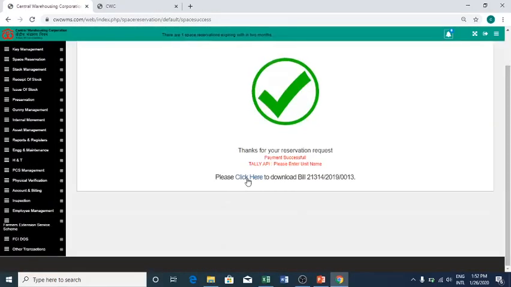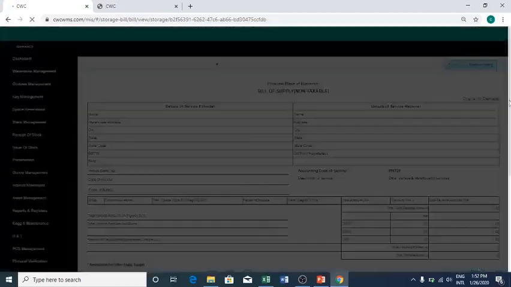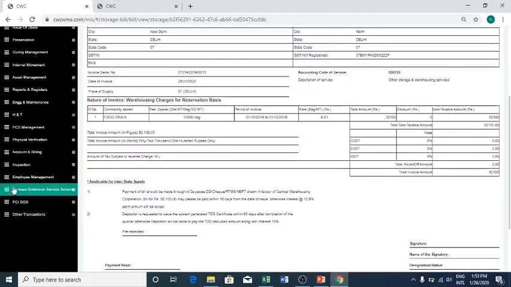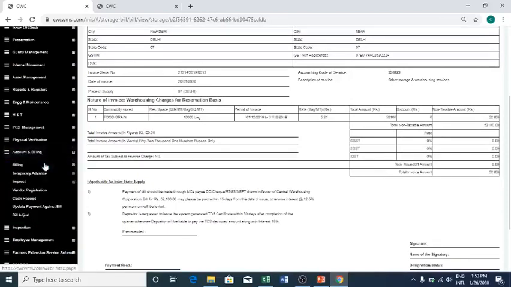Now I click here to download the bill. The bill which is generated is shown here. You can see the food grain, the number of bags, the starting date, the ending date, and 1 month's bill is generated. The rate is 5 rupees 21 paisa. All of this is generated and can be submitted to the party. The same is also available from account and billing.